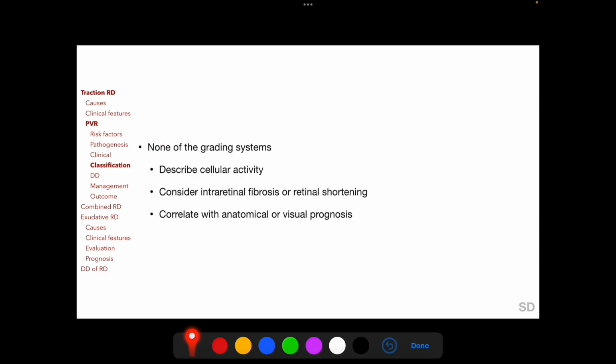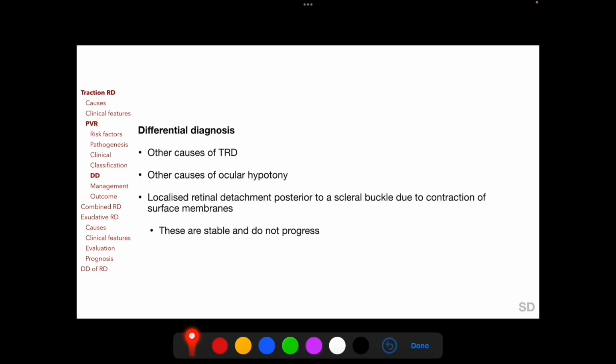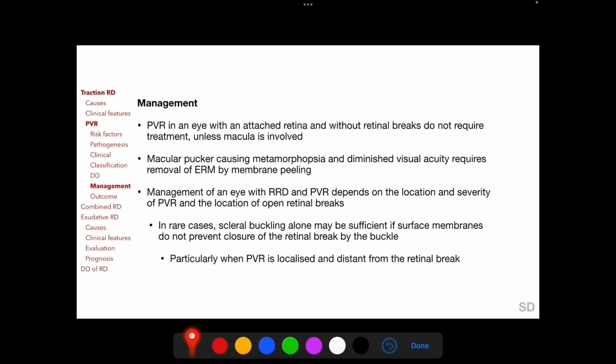But none of the grading systems, either the original or the updated, describe cellular activity, consider intraretinal fibrosis or retinal shortening, and correlate with anatomical or visual prognosis. Differential diagnosis of PVR includes other causes of TRD, other causes of ocular hypotony following RRD repair, and a localized retinal detachment posterior to a scleral buckle due to contraction of surface membranes, but these are stable and do not progress. PVR in an eye with an attached retina and without retinal breaks does not require treatment unless macula is